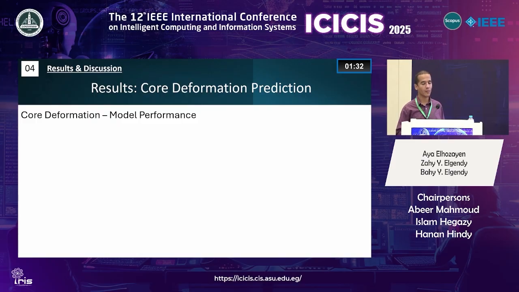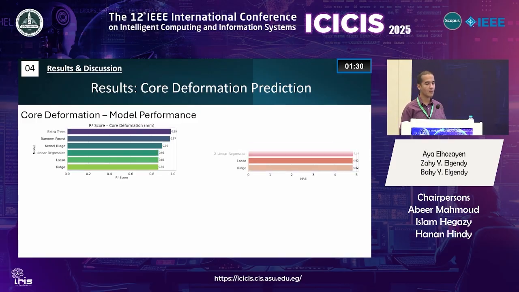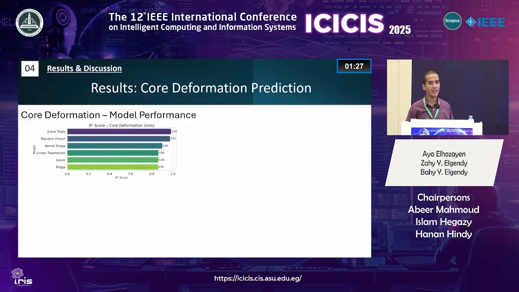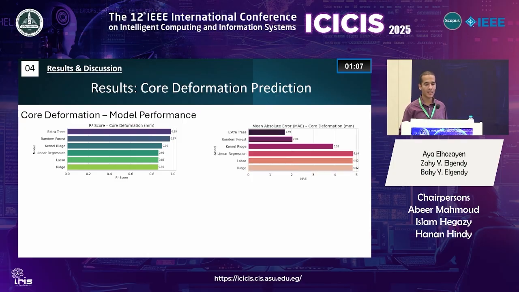Going through the core deformation model performance, we can see that the ensemble tree models achieved high accuracy and are showing good results, such as the extra trees and random forest, at 98% and 97% accuracy, which means the model is fitting well. And for the mean absolute error, the error for the ensemble trees is just 1.69 millimeters, which